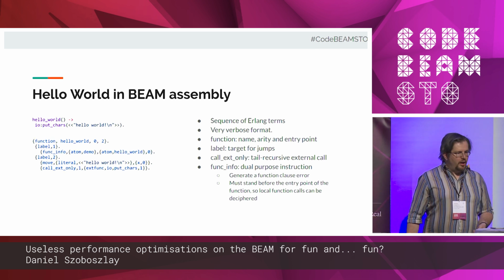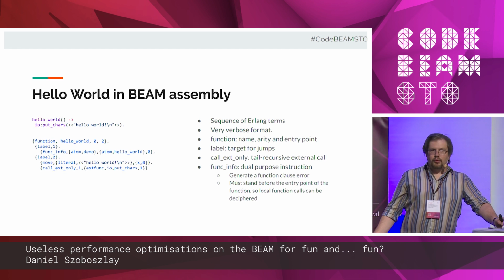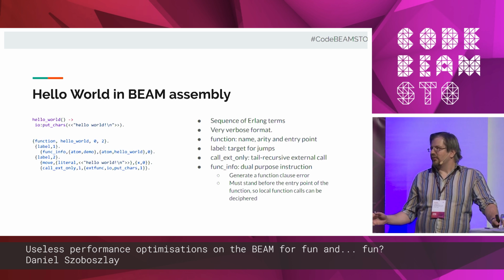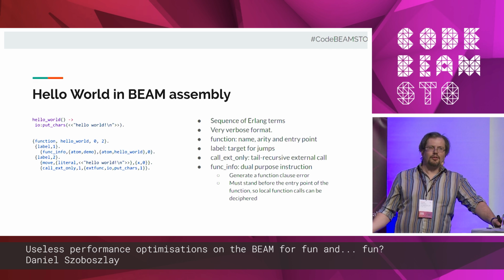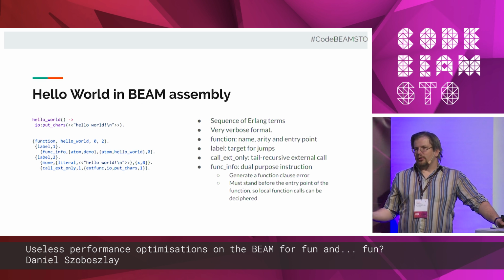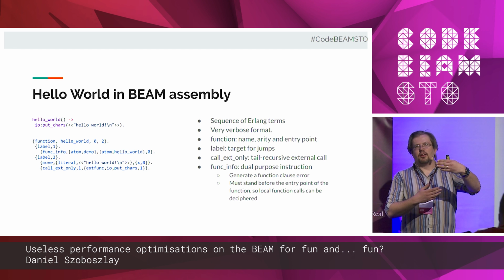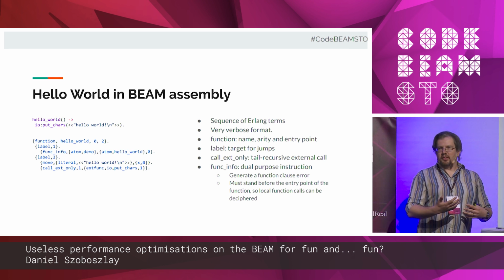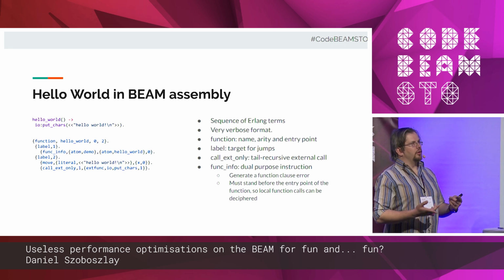What are those? Well, func_info is a dual purpose opcode. If you would actually execute it, it would raise a function_clause error. Why do you need a function_clause error for a zero arity function? And even if you want a function_clause error to be generated, why would you put it into the beginning of the function? Why not at the end, like a sort of a clause after the last clause thing? That's because it has a second use